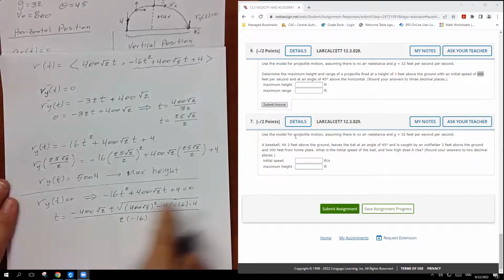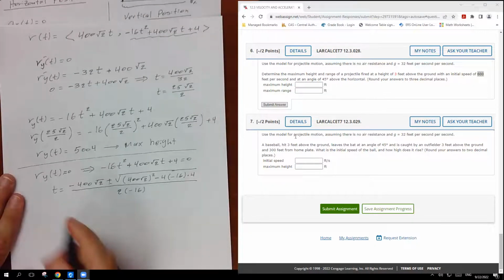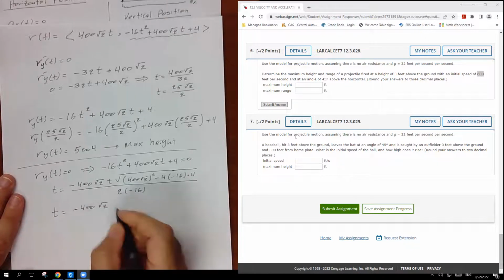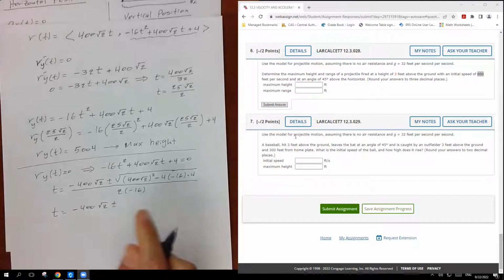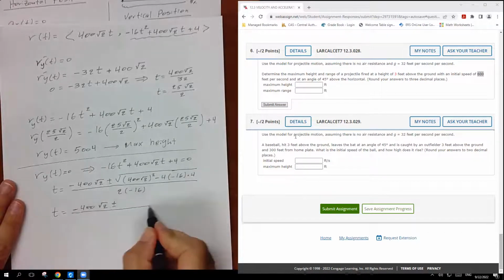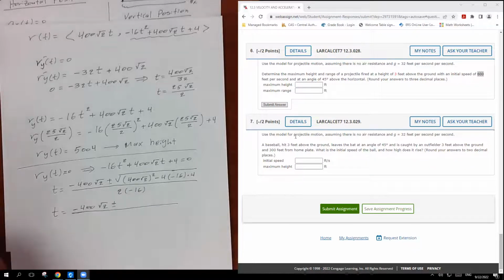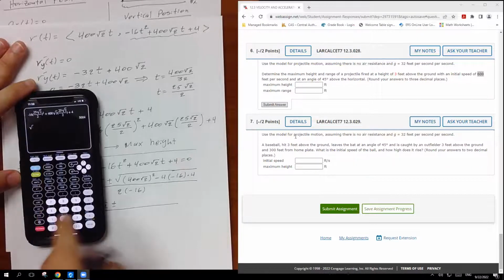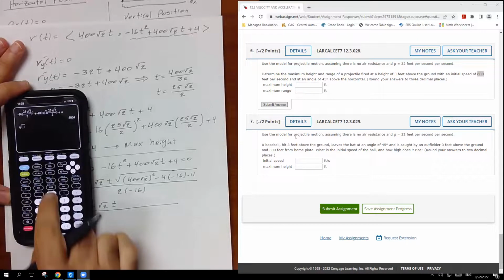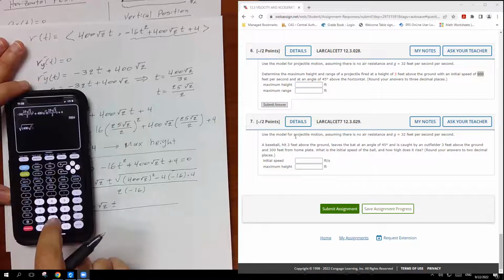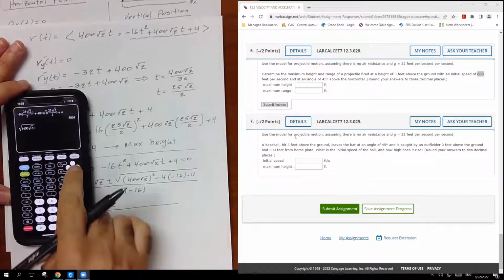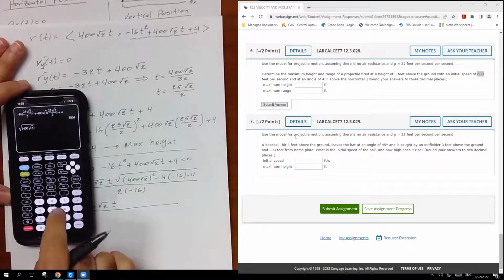Let's check that. I need to find this part here. I'm going to use the calculator. So t is going to be negative 400 square root of 2 plus or minus... How much is going to be here? Let's check it here. So the square root of, parentheses, 400 square root of 2, and everything I have to get out of the root, close the parentheses, squared,